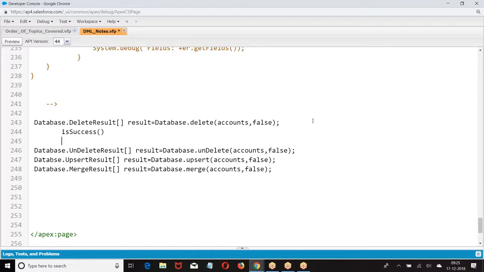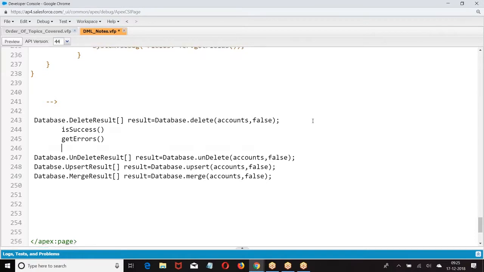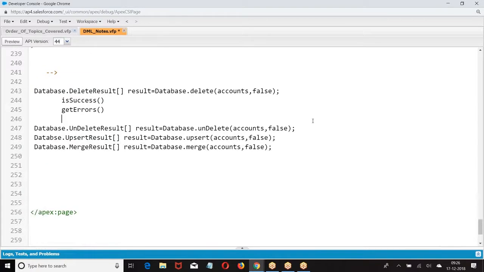Got it. My concern was whether I'll get the IDs in the error message also. It only gives the name of the field on which the error has occurred. It is not going to give you anything else. So if I want to take the IDs, then this is not the correct thing. Exactly. Now you're asking the same question in a different way. I told you, it gives only the name of the field on which the error has occurred.